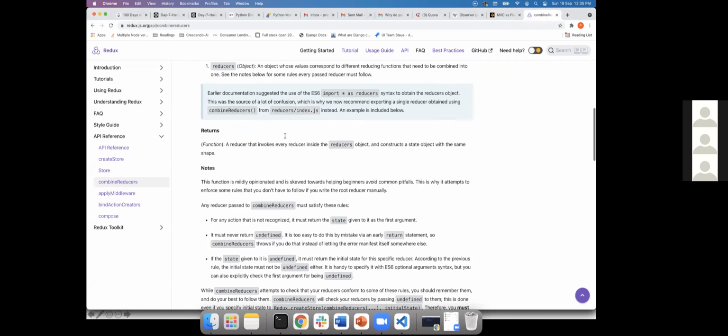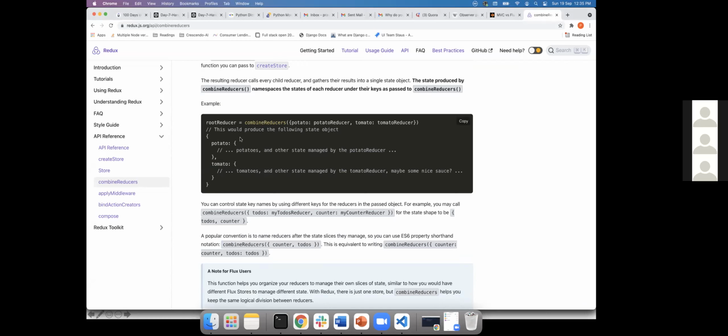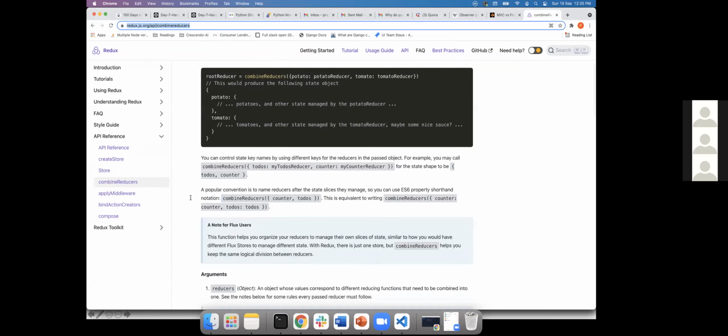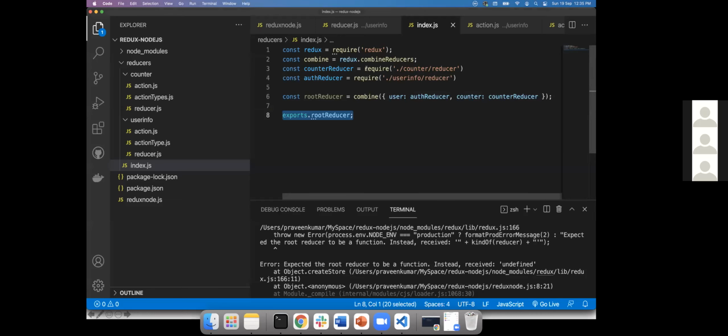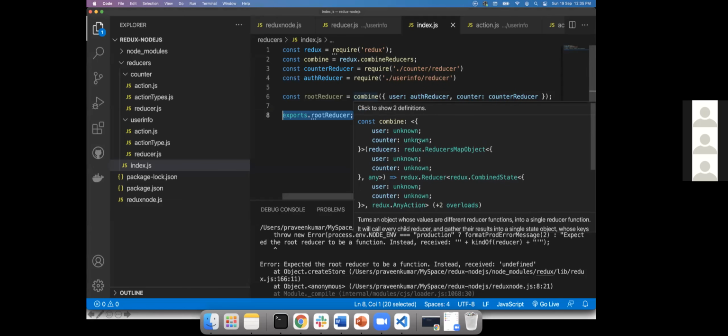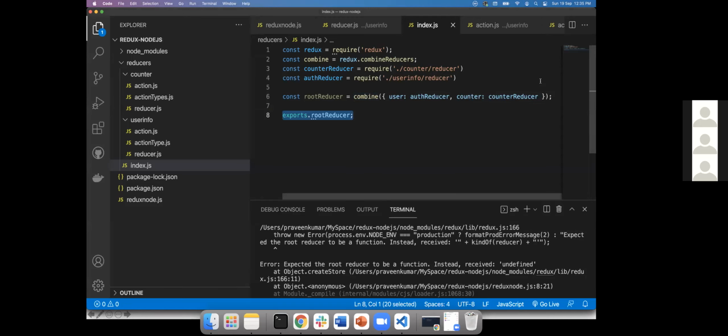One second. Reducer. Reducer should return something, is it? I think it's not returning anything, that's why. But it is a function, right? It takes, see, it should return. Let's see, logging it.